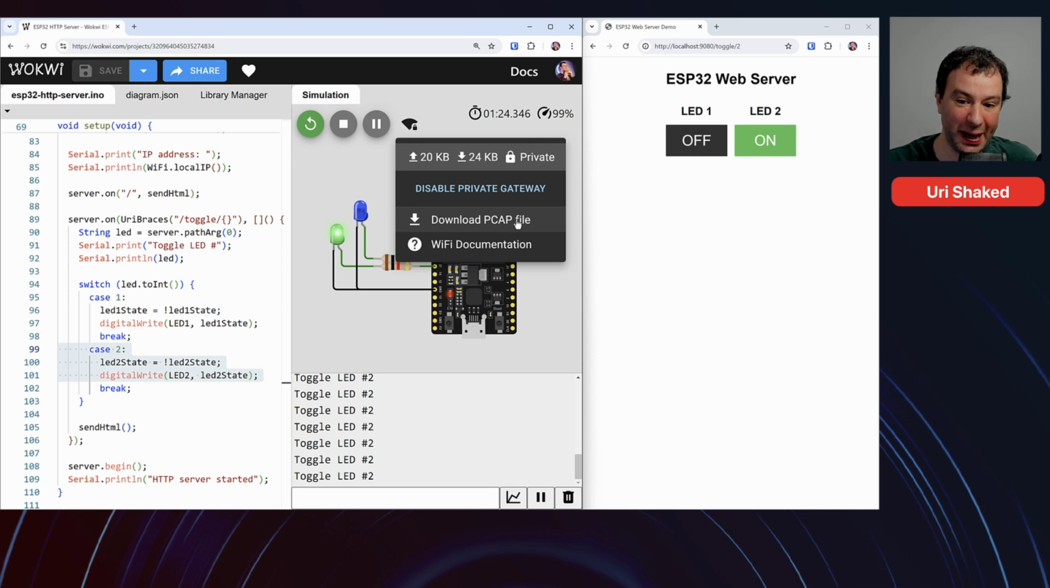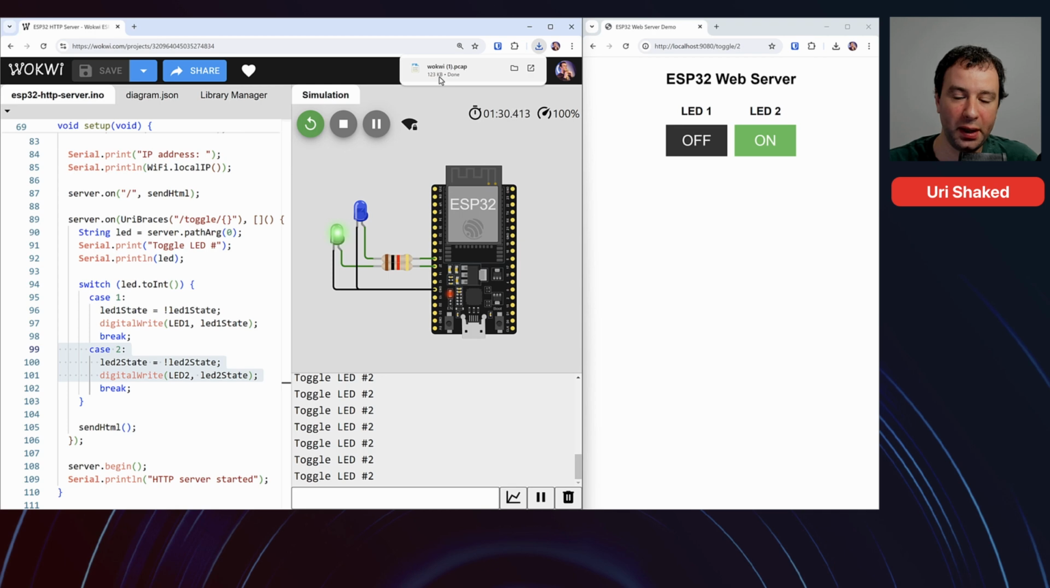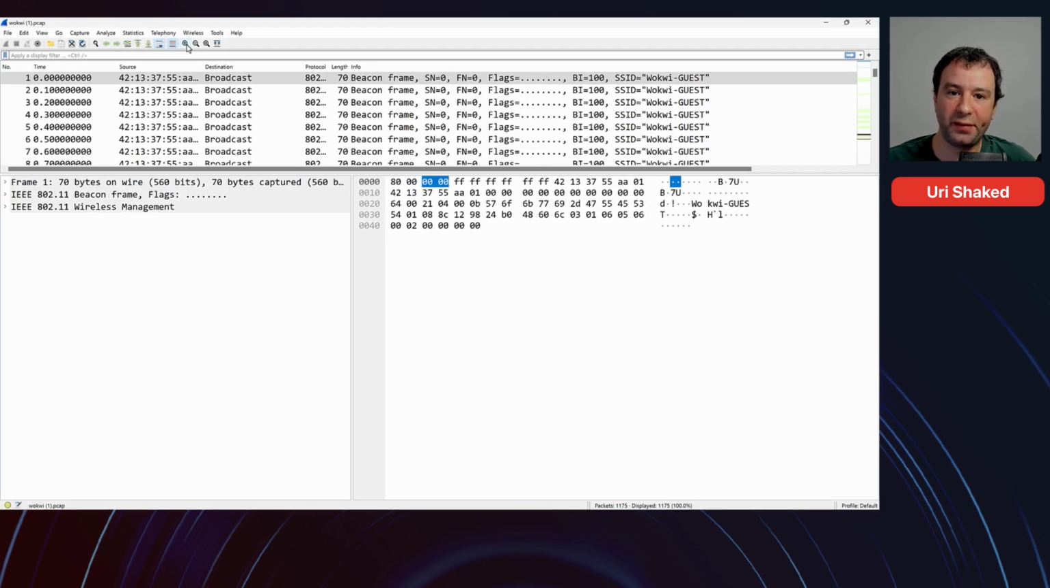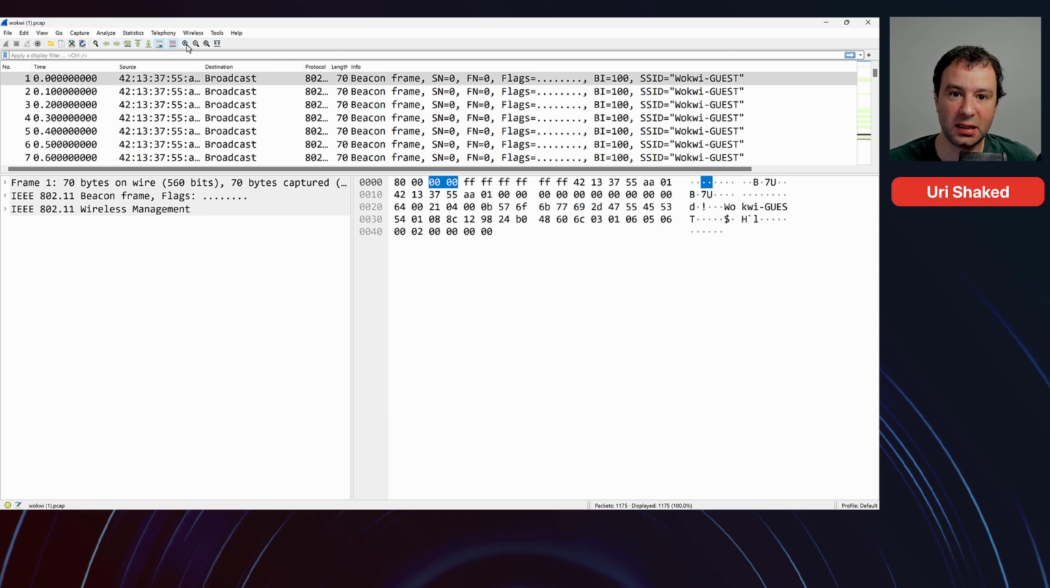downloading the Wi-Fi packet capture, aka pcap file. When we click on it, we get a file that we can open in Wireshark, and then we can see all the Wi-Fi traffic that went through the virtual access point during the simulation. We can see the Wi-Fi beacon advertisement,